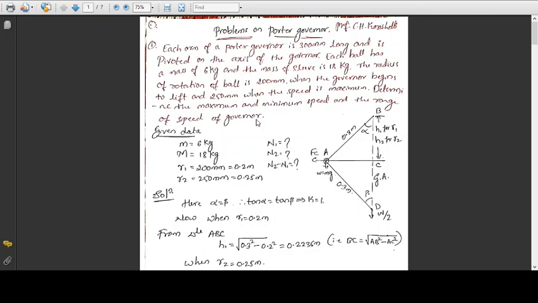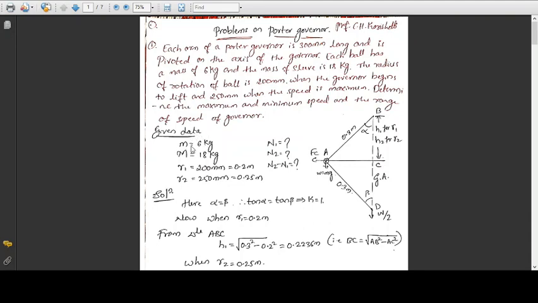The very first step to begin with this solution is to list the given data and list the terms which you need to calculate. Until and unless you know what terms he has given and what terms he asked us to calculate, we cannot proceed further. So in this case we'll list out the given data first.